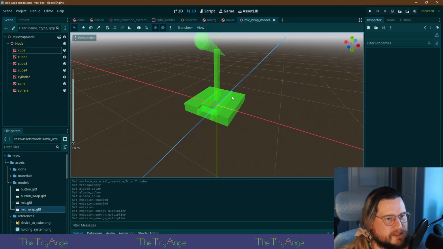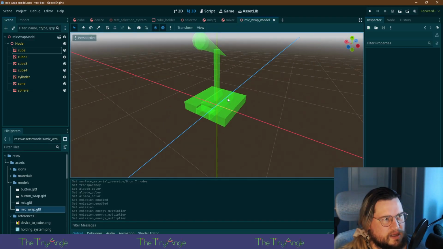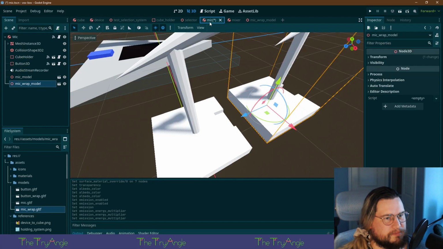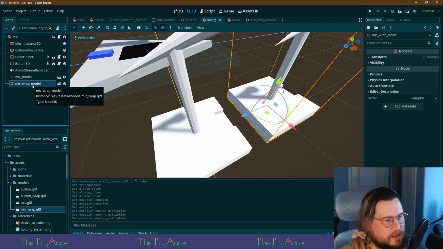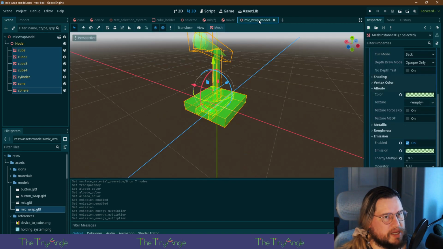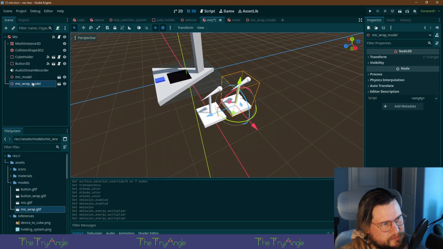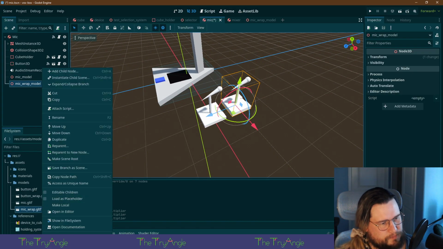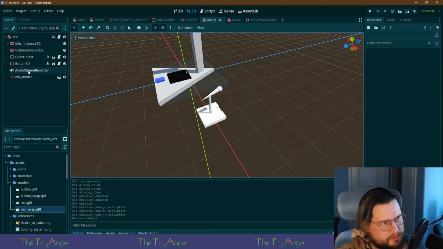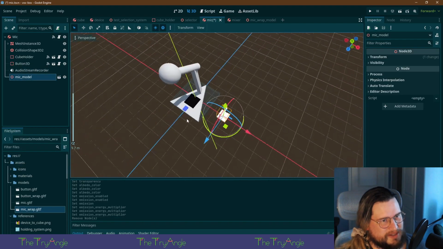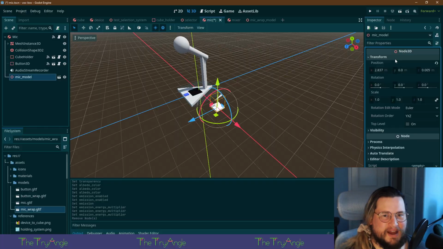Let's see. So this is the mic. And then we'll have the button. Oh, right. We have to bring that into the mix. Just like Kurt Angle. All right, so we'll take that out. And then the mic model wasn't so small.